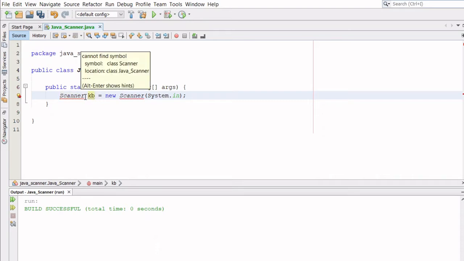In order for us to use those tools, like the methods or the properties that the Scanner has, we have to instantiate it. That means we should create an object out of it. So by writing this line of code, we are creating an object KB that is an instance of this class called Scanner. But if you notice here, Scanner is underlined,